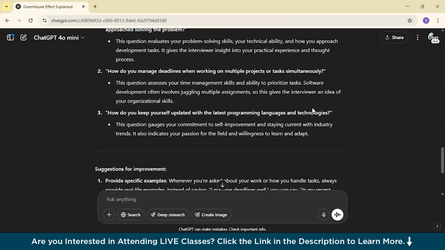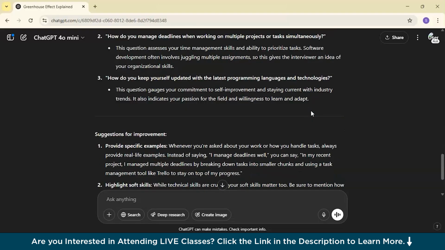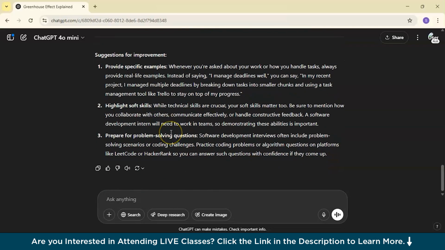It has also written, how do you keep yourself updated with the latest programming languages and technologies? So basically this question looks after your own learning ability, the self-improvement part. So it has even created one answer over it. And it has also suggestions for the improvement: provide specific examples, highlight the soft skills, prepare for the problem-solving questions, and so on. And for example, if I write,